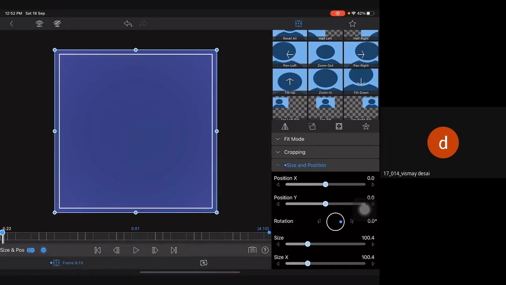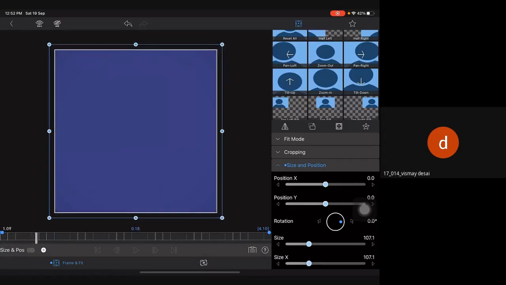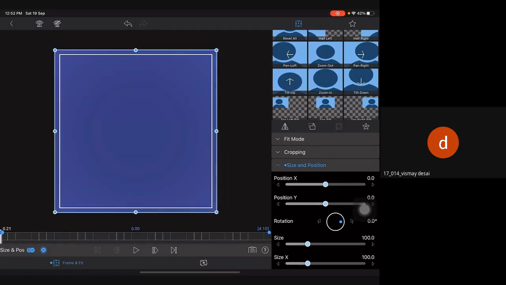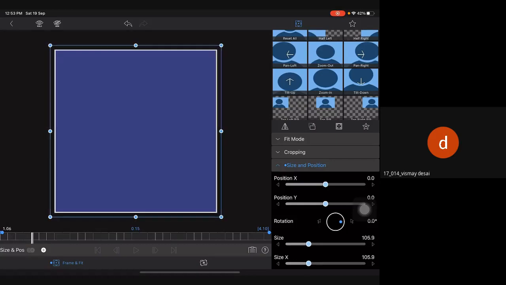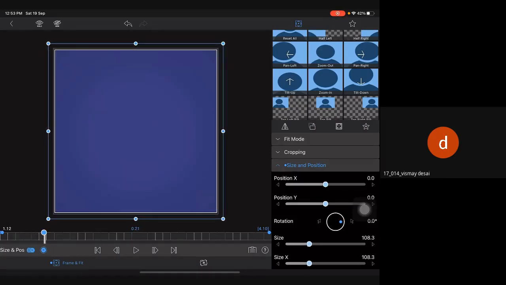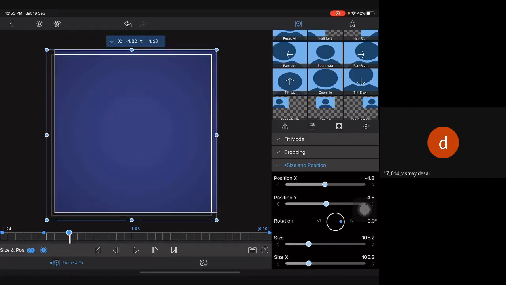So what can we do? It will increase like this. So here what we'll do is, we'll not change this, we'll remove this size. Then it will look good. Keyframe is already there here. So add the keyframe, done, and then here add one more keyframe and make it our normal frame as it should be.